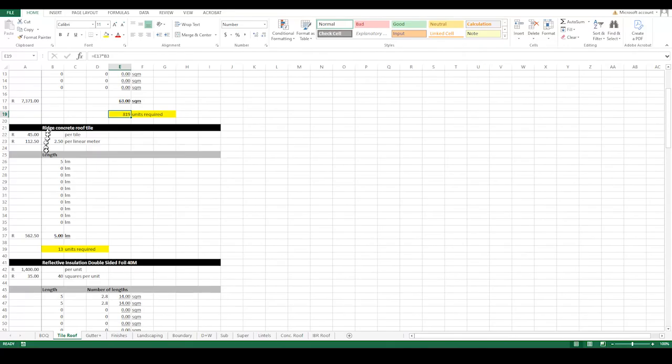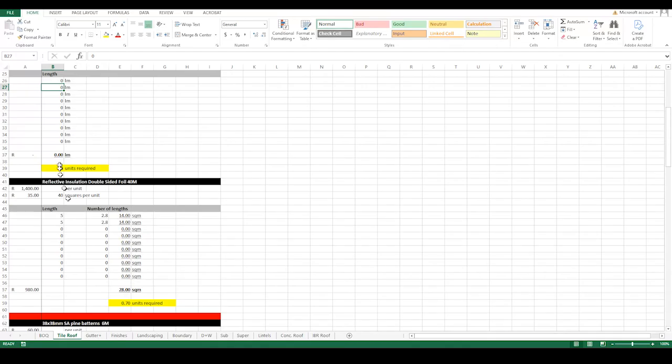Now we need to look at the ridge. There is no ridge because it's not a double pitch or a gable roof, so there's no ridge. And then